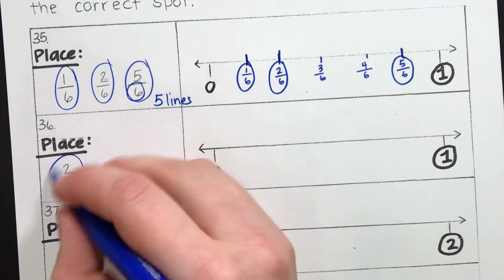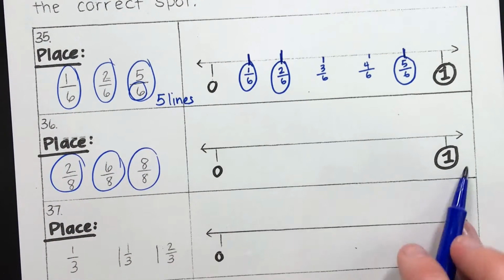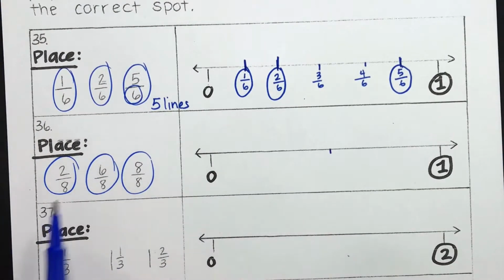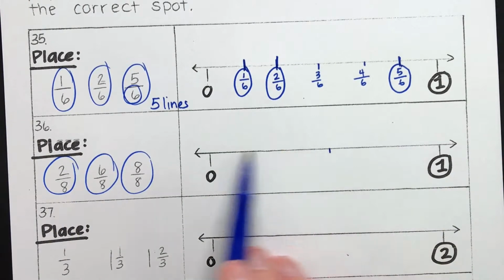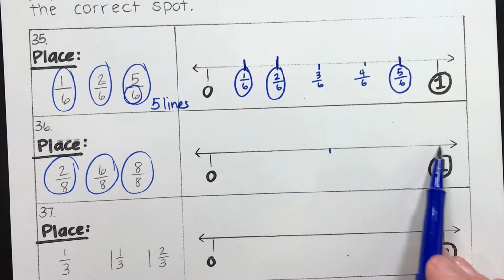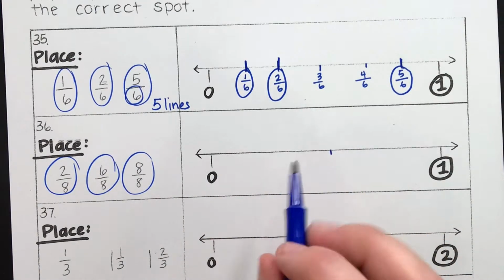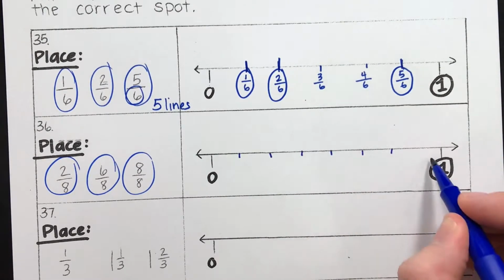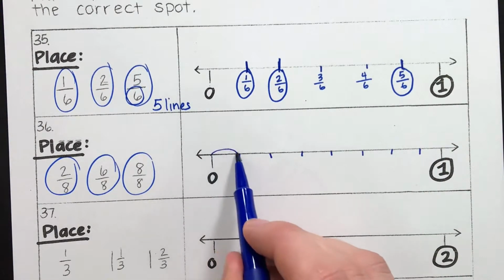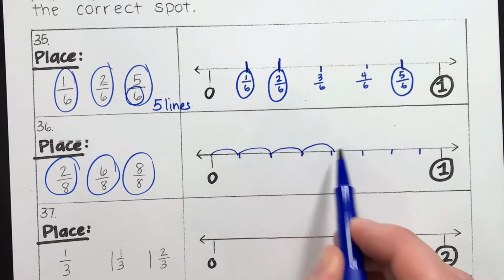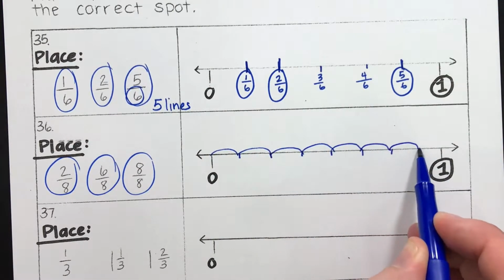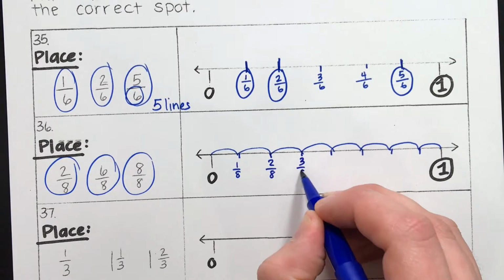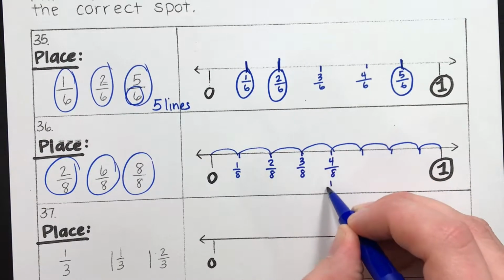All right, so here we're working with 2/8, 6/8, 8/8, so that means we need to cut it into eighths. Again, even number, so we can start by cutting it directly in half. We need 8 parts, so in each half we need 4. 4 and 4. So here we are going to draw 3 lines. 1, 2, 3. 1, 2, 3. And now we should have 8 parts. So let's just check. 1, 2, 3, 4, 5, 6, 7, 8. Perfect. So this is 1/8, 2/8, 3/8, 4/8, or 1/2,